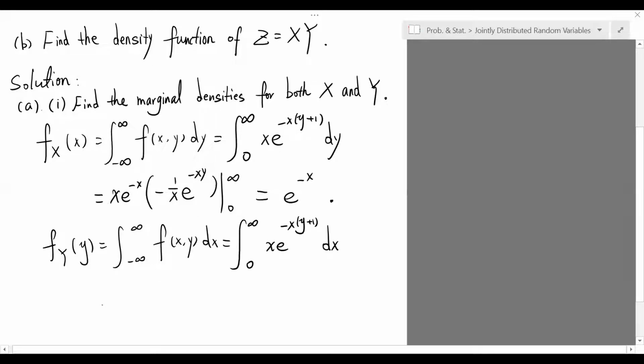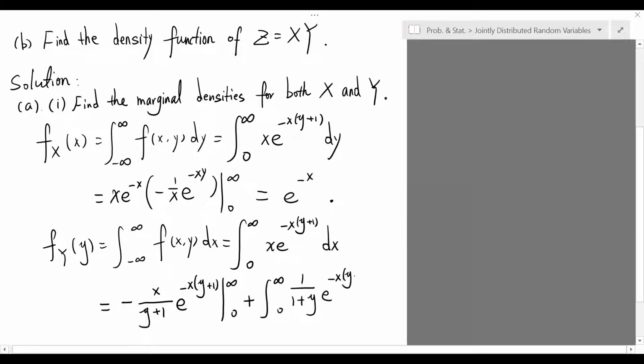A practice of integration by parts shows that the integral is equal to negative x over y plus 1 times e to the negative x times y plus 1 evaluated from 0 to infinity, plus the integral from 0 to infinity of 1 over 1 plus y times e to the negative x times y plus 1 with